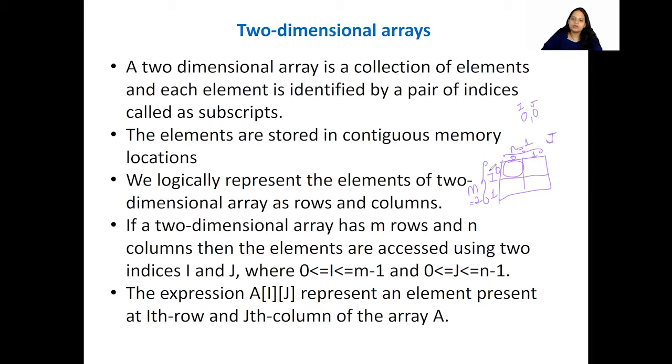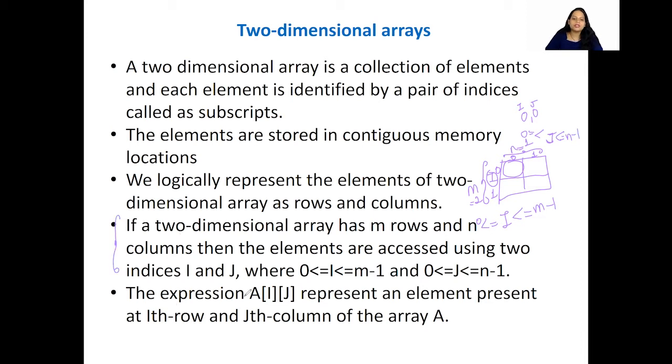So this i value, whatever we are saying, should always be greater than or equal to 0 and should be less than or equal to m minus 1. Okay, why m minus 1? Because our subscript is starting from 0, isn't it? So here also the j value should be greater than or equal to 0 and it should be less than or equal to n minus 1. So that is what this particular line means.